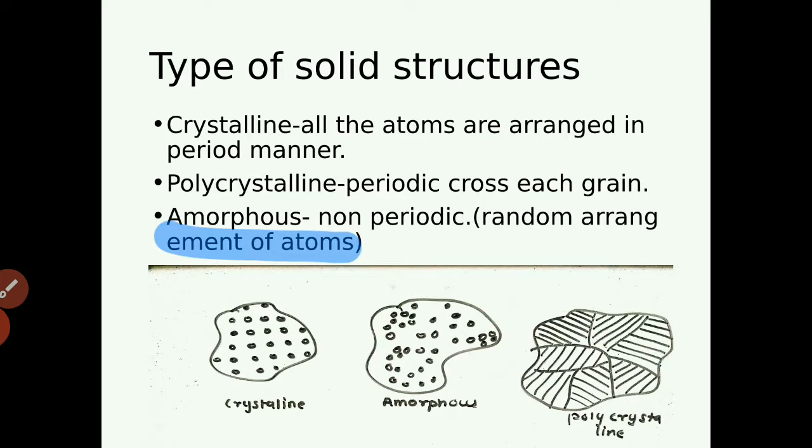The actual silicon present on our earth is in an amorphous form, which is quartzite. So we need to convert it into a crystalline material. To convert it from amorphous to crystalline, we first convert it into polycrystalline material, and then we convert polycrystalline into crystalline material. So in today's session we will understand how to convert amorphous material to polycrystalline material.